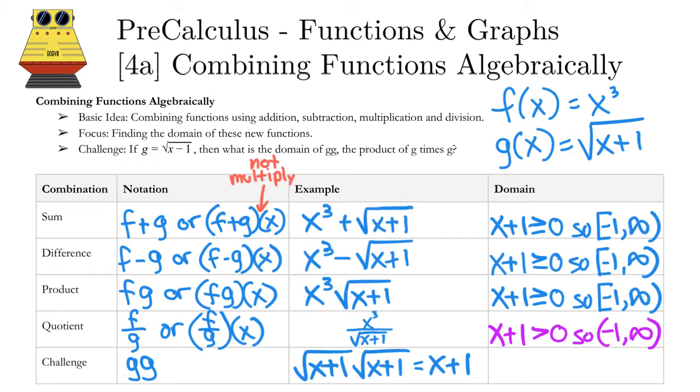Lastly, we have this challenge, g times g. Okay, it's equal to x plus 1. That's nice. But what's the domain? Some might think because we have x plus 1, the domain is all reals. But because that function, x plus 1, is dependent on g, which has restrictions on its domain, then the domain of g times g is the same as what the domain of the original function is, which is -1, comma, infinity,